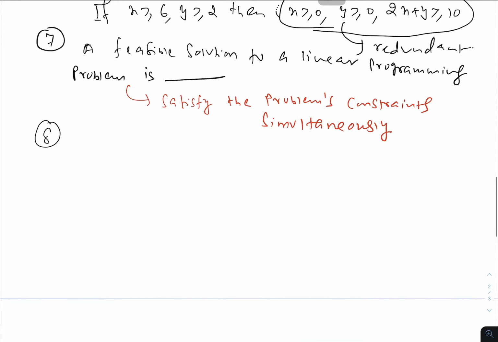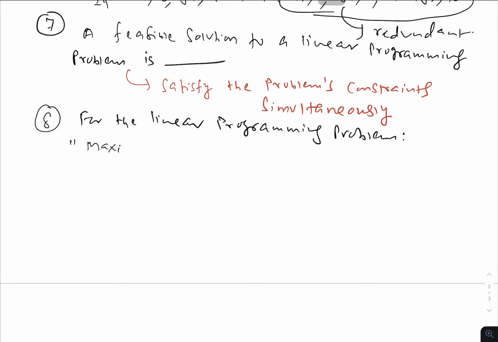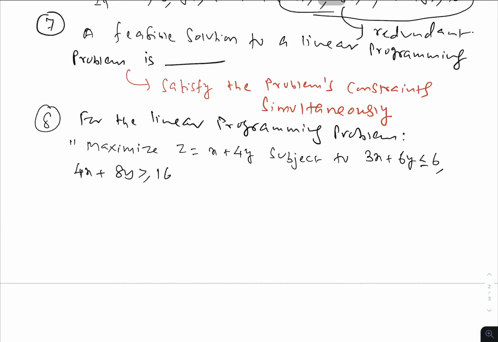Next, for the linear programming problem, maximize z equal to x plus 4y subject to 3x plus 6y less than or equal to 6, 4x plus 8y greater than or equal to 16, and x greater than or equal to 0, y greater than or equal to 0. The options are,